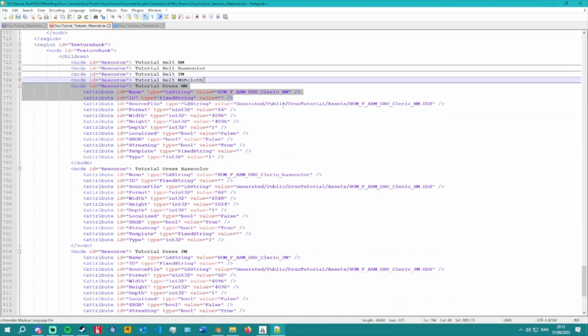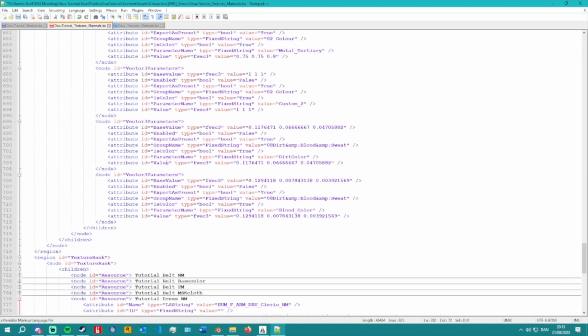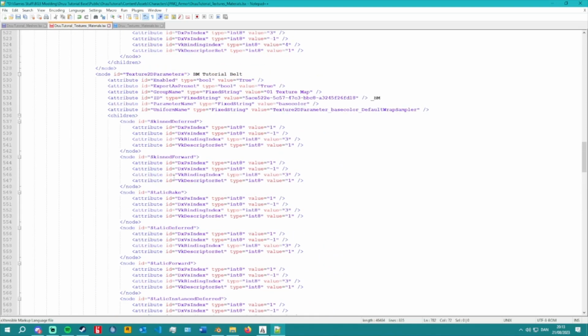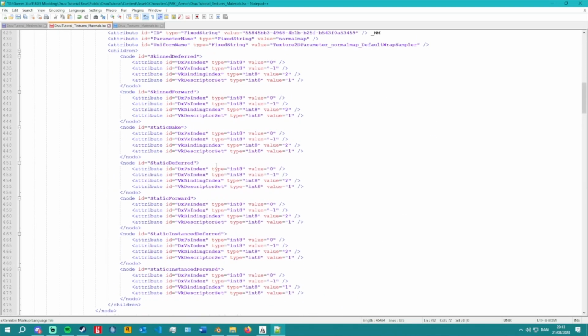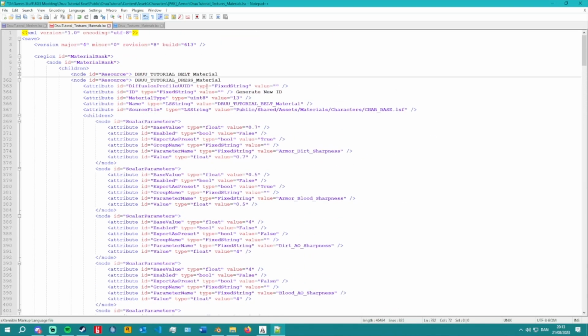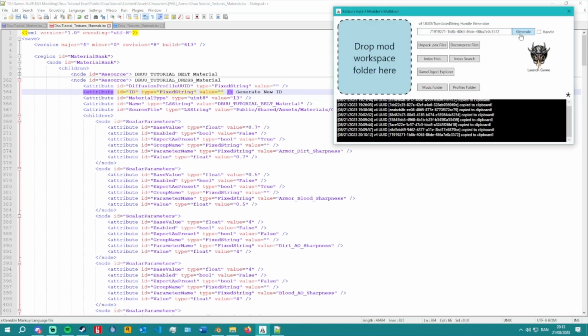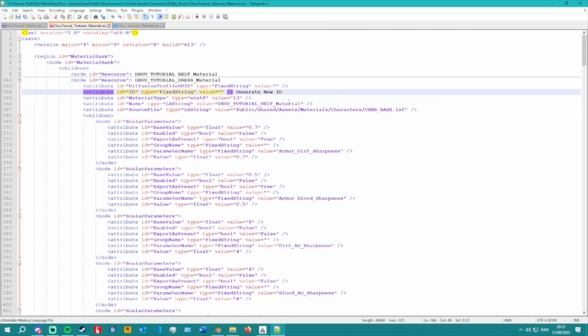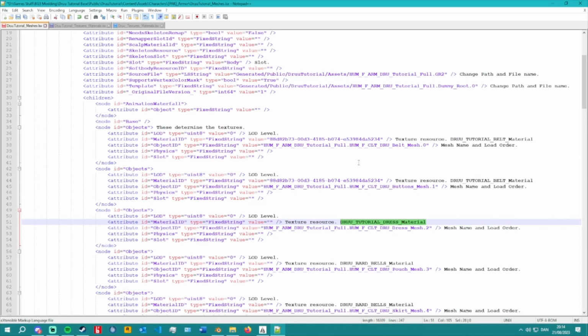I don't think I need to explain anything more for how to do this in textures. As I said, every time you make a new material map, so for this one, for example, you generate a new ID, put that here, and that new ID then goes on here, and then for each LOD level. That should be it for this part of